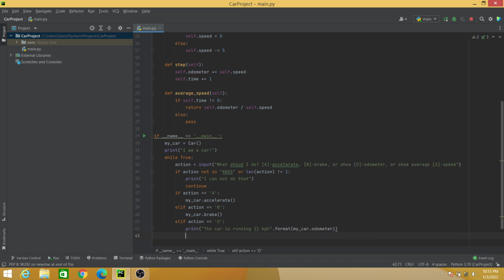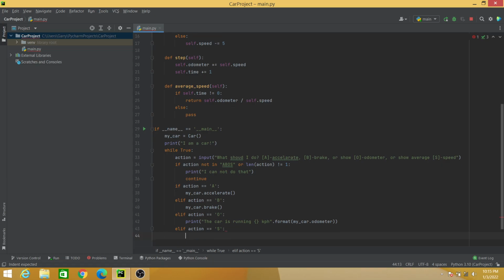Okay, and then next, else if action is equal to S, meaning the user wanted to see the average speed,